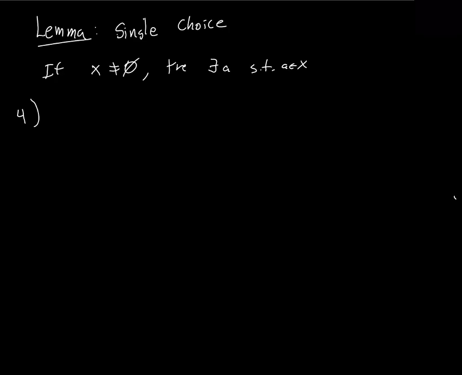Now, let's move on to axiom 4. Axiom 4 states that for every object, there exists a set that contains only that object. Basically, what that says is if we have an element, we can put a set around it. This is called a singleton set. Axiom 4 part 2, 4.1, says that if we have two things, we can just add them to a pair set. This is called a pair set.